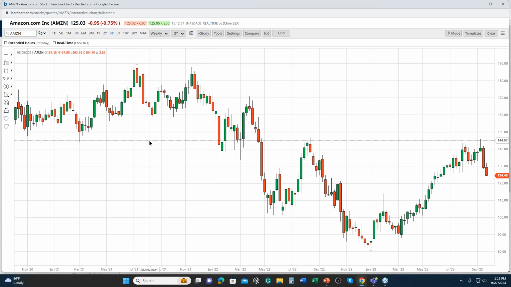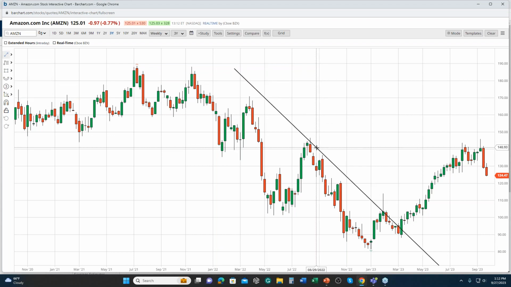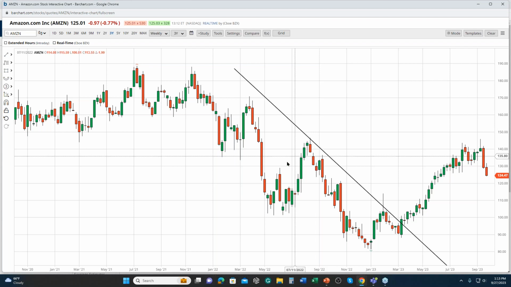Now, if we think about a downtrend, what is a downtrend? How do we define a downtrend? Well, a downtrend is a series of lower highs and lower lows. And is the market exhibiting that? Yeah, it certainly is. Now, we could make an argument here that this exaggerated downtrend that price has recently broken would be a fair assessment. But